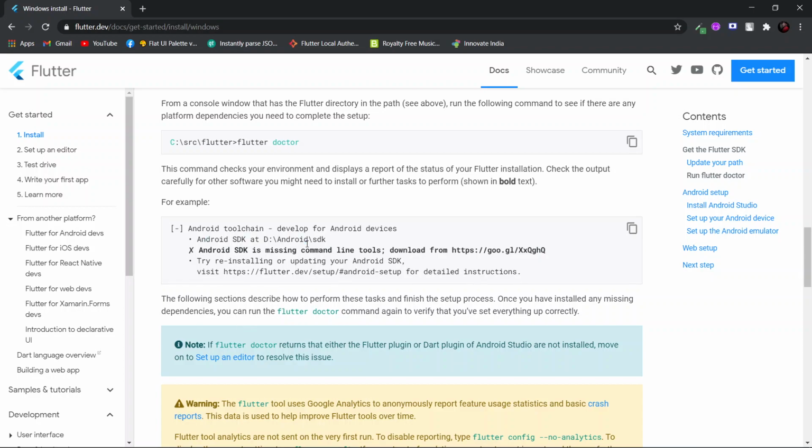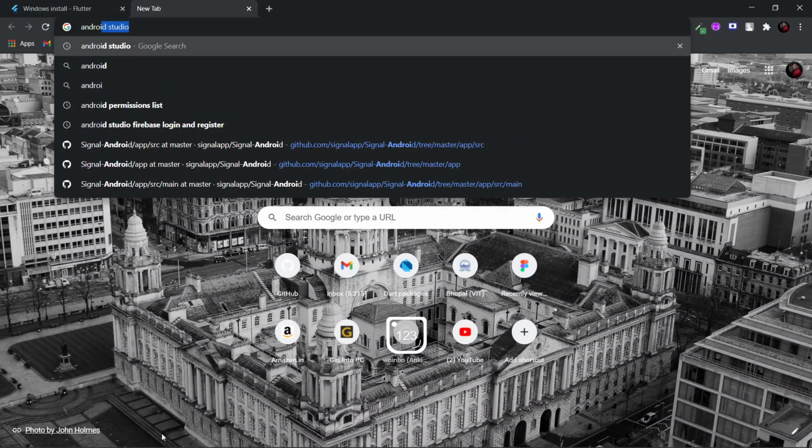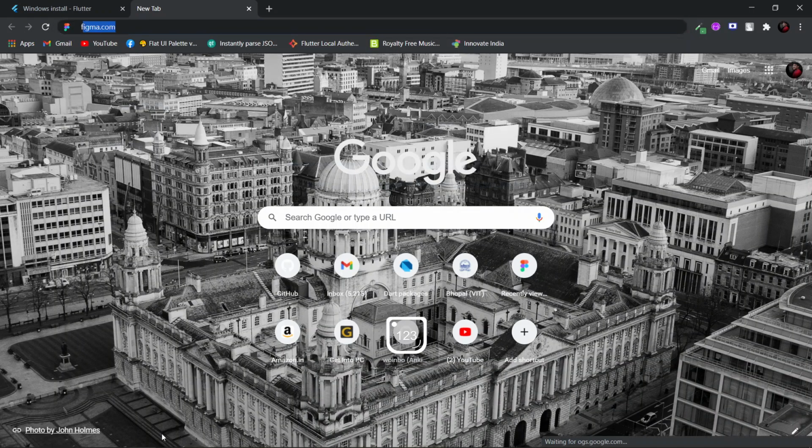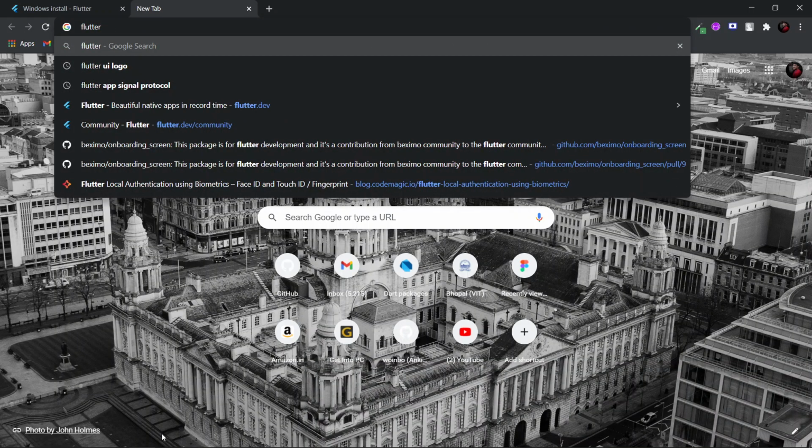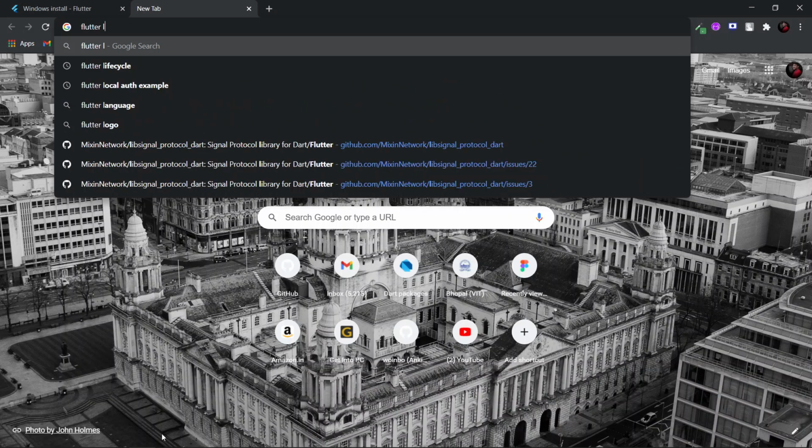Android SDK is missing. They haven't shown the Android licensing. I think the process might be that after installing this SDK, it might be possible that the Android license might already be accepted. So to resolve that error, if you face it, I'm just showing the command which you have to type in the CMD. If you face that error,